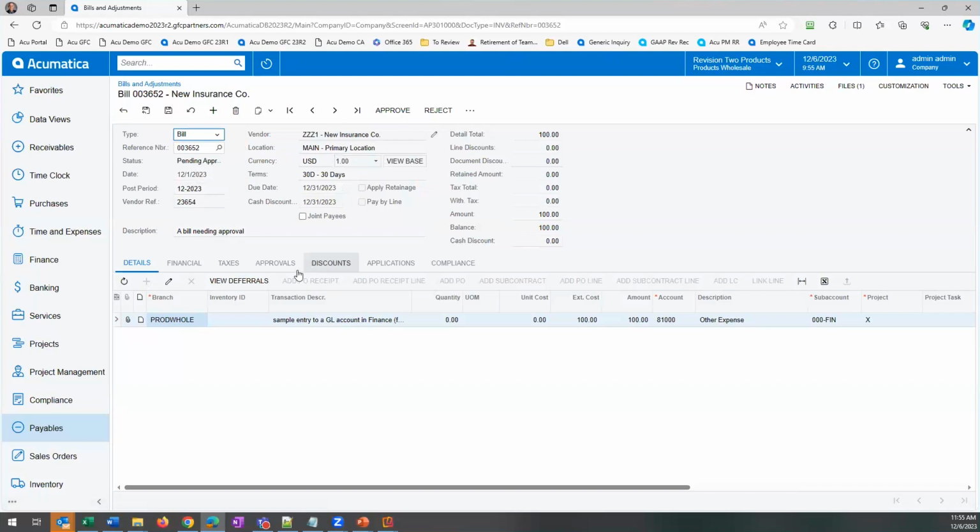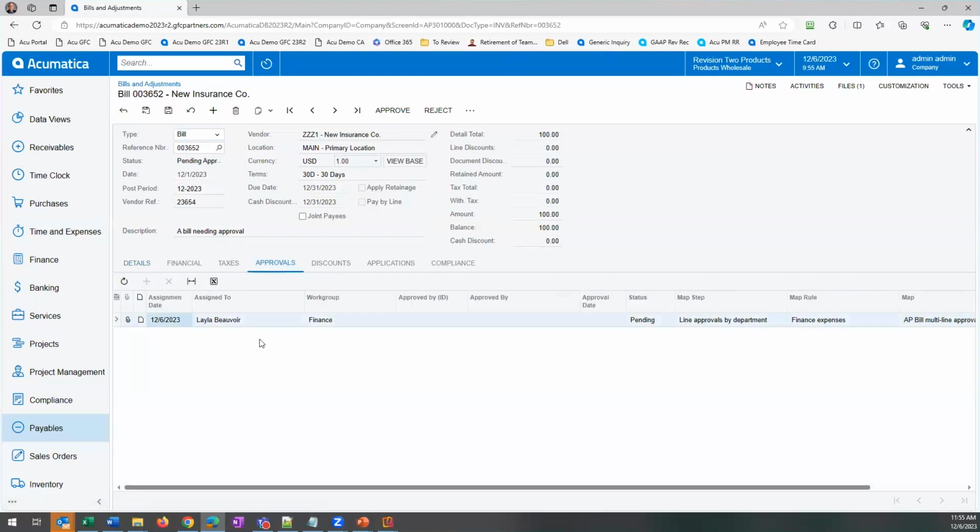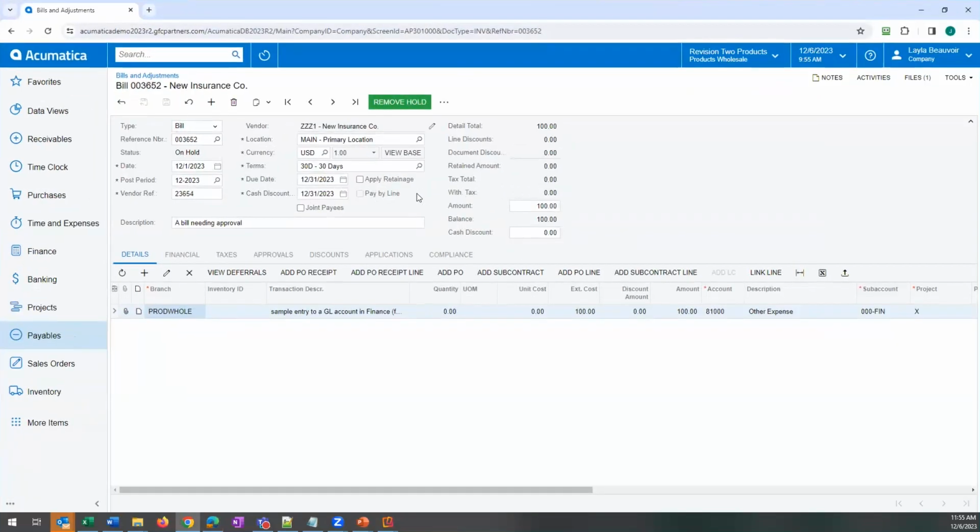Well, why is that? And if I look at the approvals tab, I can see, oh, it's because of our AP bill multi-line approval that by department, finance expenses are going over to Layla. I can save this. And I do have another browser open where I am logged in as Layla. And Layla was looking at a bill, I think, earlier as well. If I look at her setup,